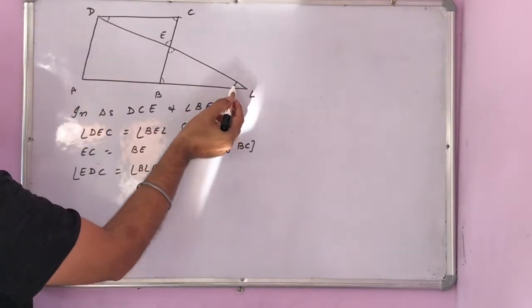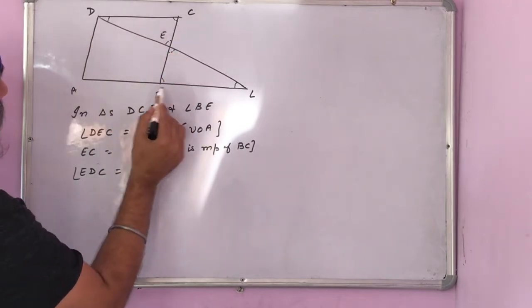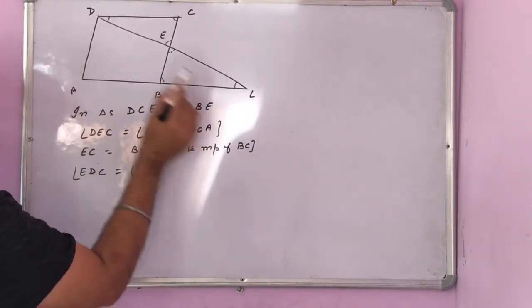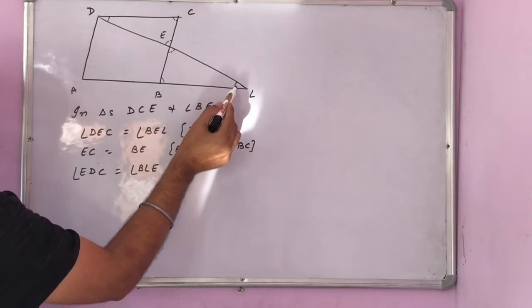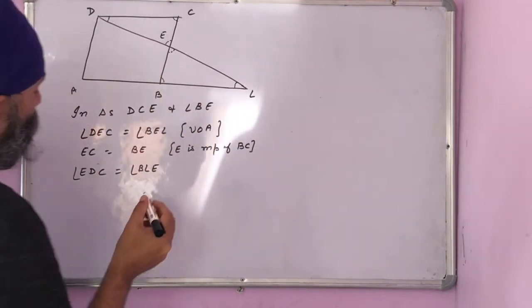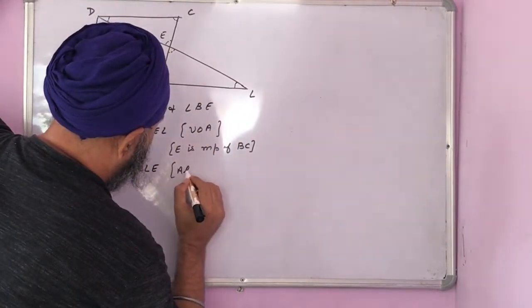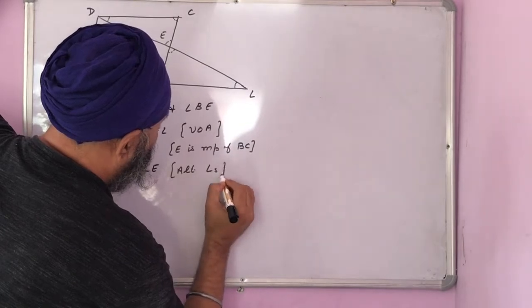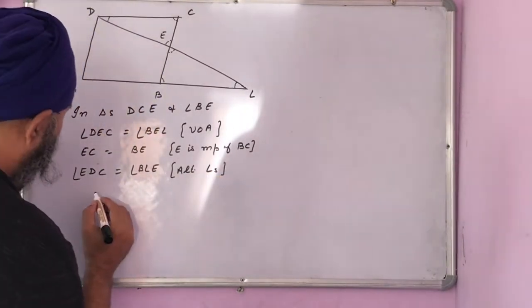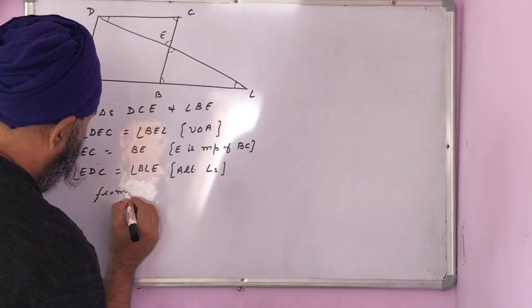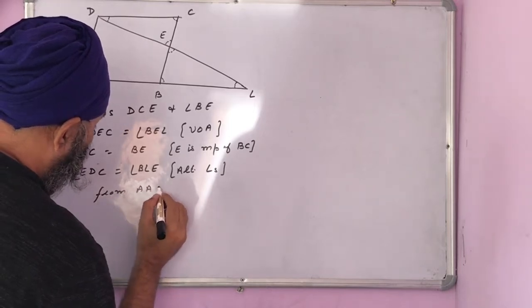These are alternate angles. DC is parallel to BL because it is a parallelogram. These lines are parallel, so alternate angles will be equal. So from AAS, if two angles and one side are equal,